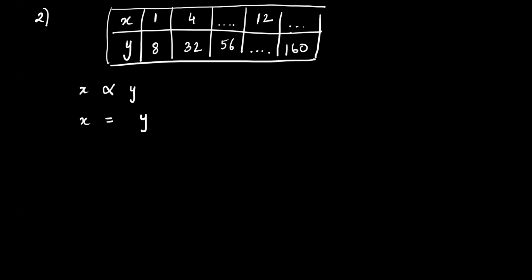So when I say X is equal to, when I'm converting the symbol to equal to, I'll have to write one extra letter K over here. Okay, this is important. This transformation is important. If there is this symbol given as variation, if I convert it to equal to, K will come. And in bracket you can write K is a constant. Constant means this will be a fixed number.